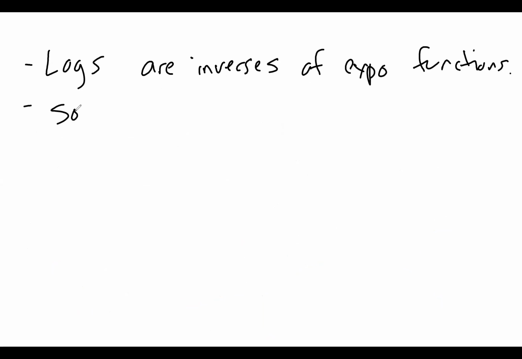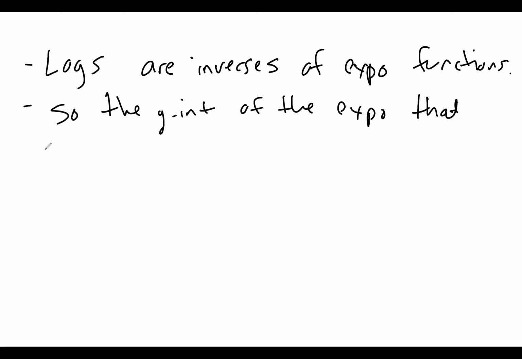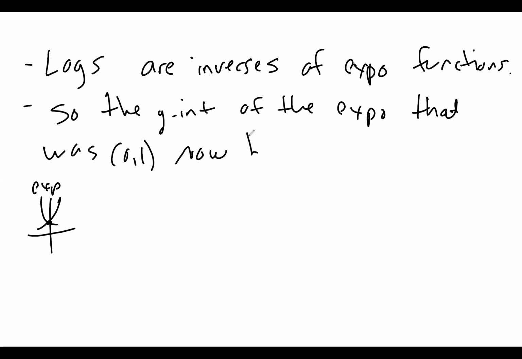So we go on to say, so the y-intercept of the expo was 0, 1. Okay, remember how we did that? Every time we started at 0, 1 and we either increased or we decreased. That was our expo. What's going to happen is this is now going to become, we're going to switch the x and the y. So we're going to literally pick this up and we're going to switch it. So it's going to become the point 1, 0, which is